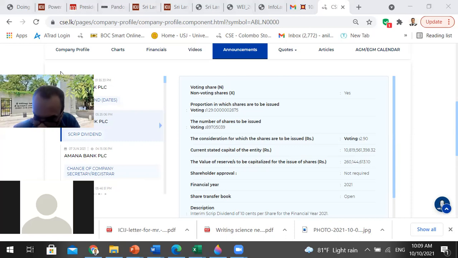Okay. But with the capitalization of reserves, bonus shares and the scrip dividend, the impact within the equity statement will be different. What kind of differences would you see? For the capitalization of reserves, we can take it from the general reserves. When we give bonus shares, we can take it from the retained earnings. So there is an increase on the stated capital side, and at the same time the reserve